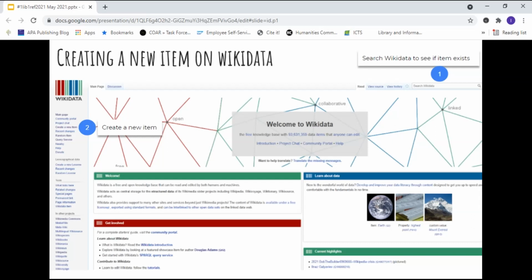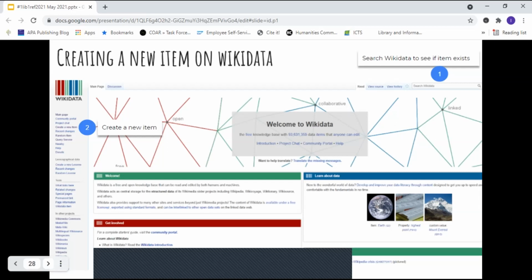So there is a search box where one can do that, as indicated on the slide at number 1. If the item does not exist, then you can create. So click on create a new item on the left. Next slide, please.